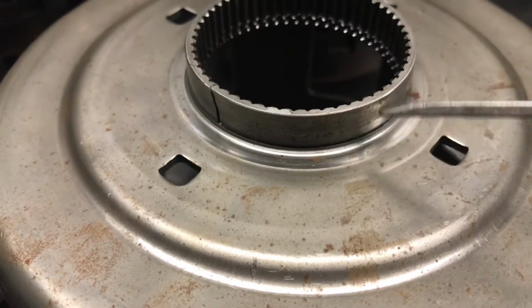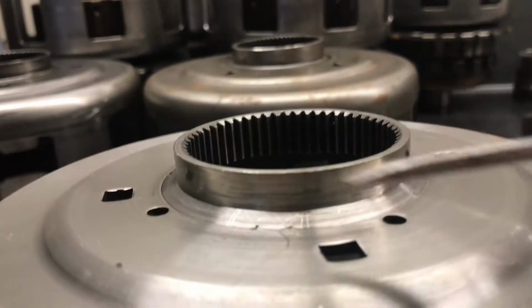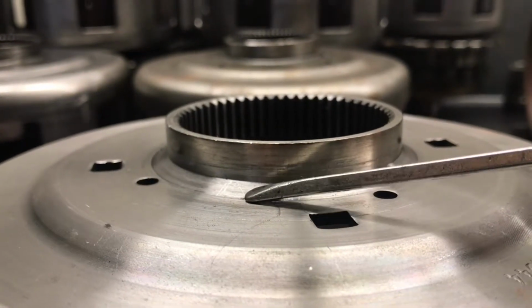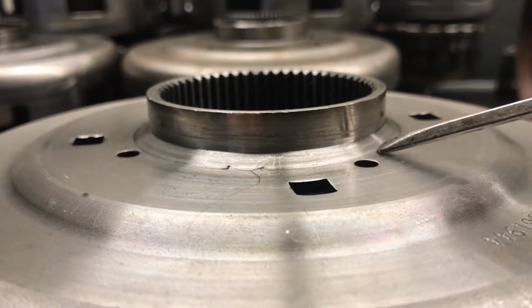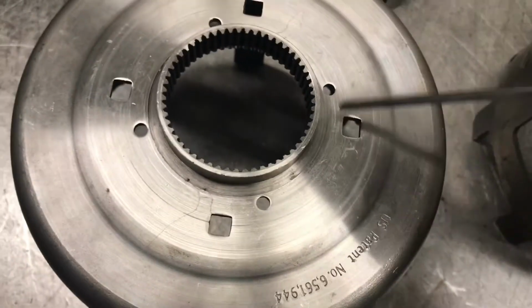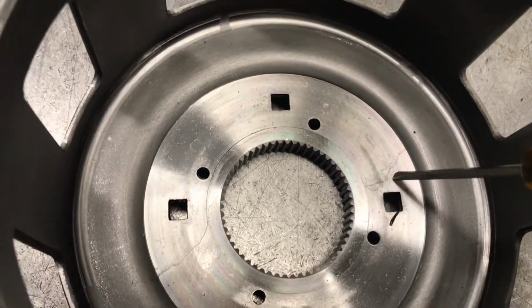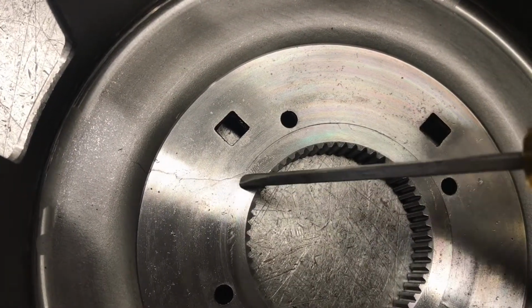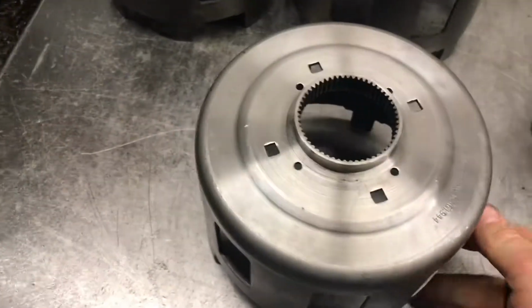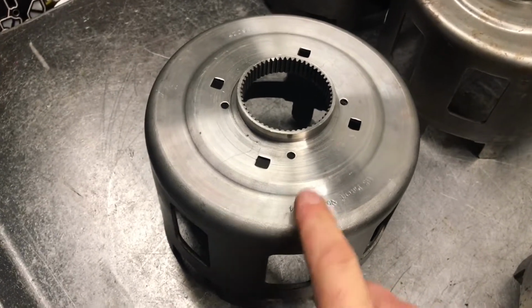And what they have done, you can see here where this is cut out pretty much at 90 degrees in here, and that always cracks right along the bottom. So this company has machined this to increase the metal that is around the base of this hub. This is a great idea, but even these, you can see here, there's a crack right down there, comes right around. See, the crack is right there in the light. So this is what we use when we overhaul a transmission,